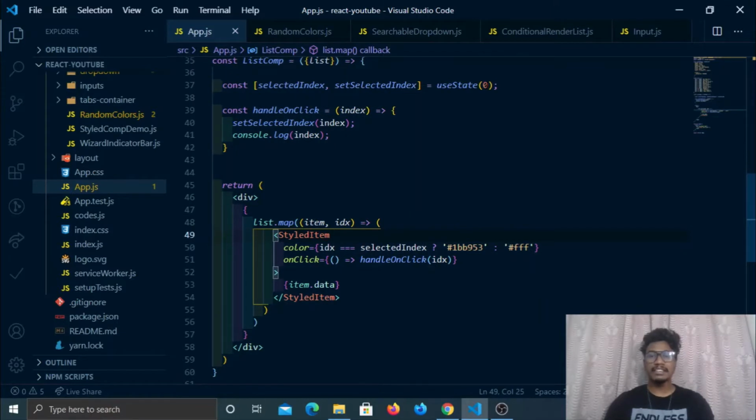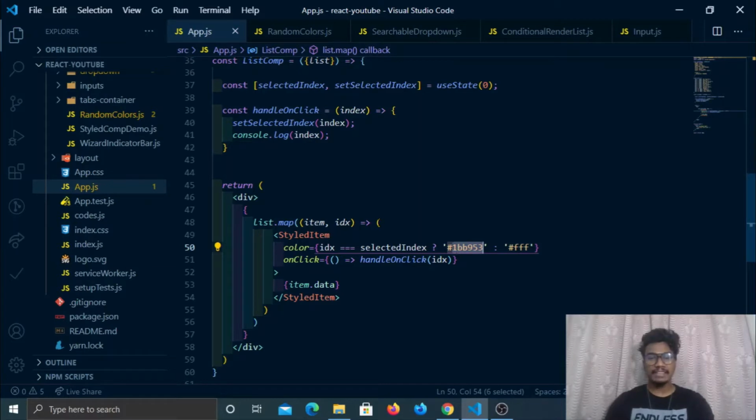As you can see, I initialized my value of selectedIndex with 0. So this loop starts running and it considers 0 first because it starts with 0, right? So 0 is equal to selectedIndex, which is 0, true. That's the reason why it considers green color, which is 1BB953.